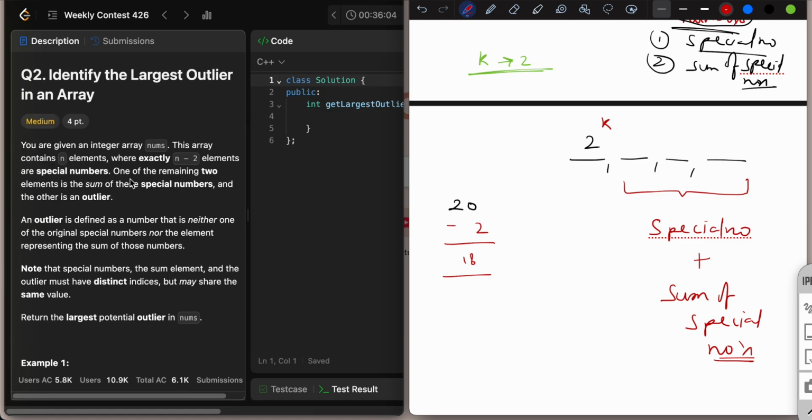स्पेशल नंबर होंगे n-2, वन ऑफ द रिमेनिंग 2 इज द सम ऑफ स्पेशल नंबर। तो इनमें से जो एक होगा वो तो सम ऑफ स्पेशल नंबर होगा ही होगा, ये तो हमने इसको माना है, ठीक है। तो ये जो 18 है ये इन दो थिंग्स का सम है, ओके। अगर हम इसको 2 से डिवाइड कर दें देन विल गेट सम ऑफ स्पेशल नंबर। ये 2 टाइम्स हो गया ना, सम ऑफ स्पेशल नंबर 1 टाइम, 2 टाइम्स हो रहा है। तो अगर ये 2 से डिवाइड हो रहा है, 2 से डिवाइड कर देते हैं,